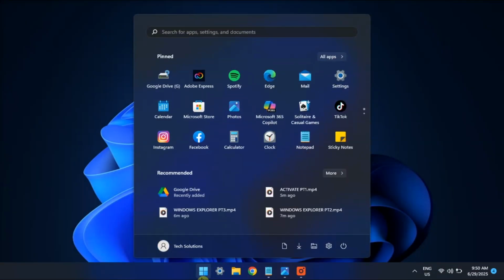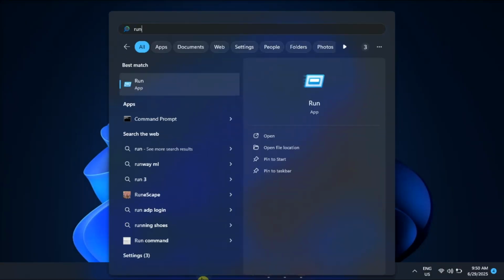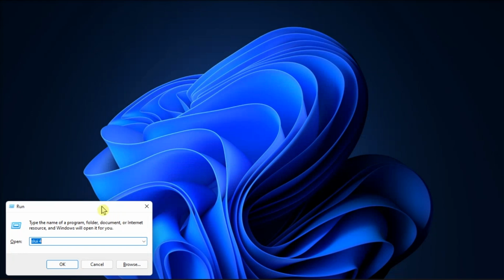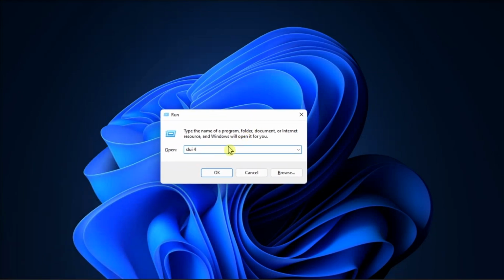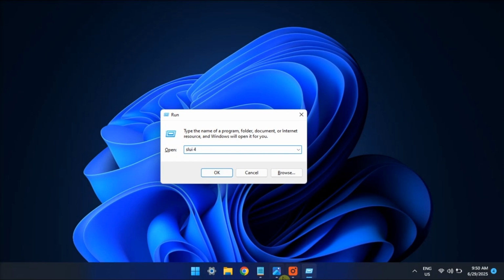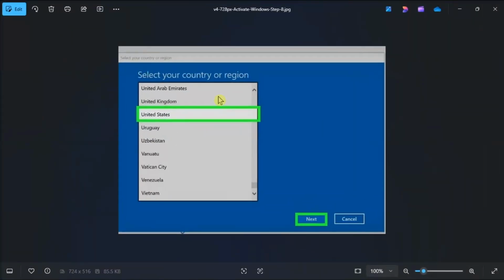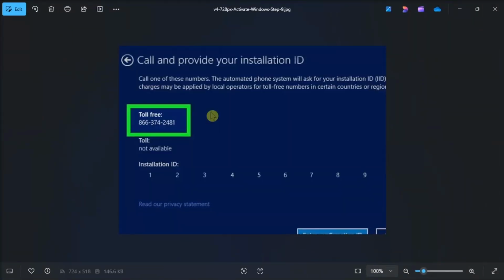Additionally, you can also activate it via telephone. Just open Run, type in the following, press Enter, choose a language, click Next, then call the toll-free number on the screen to connect you to the Microsoft Activation